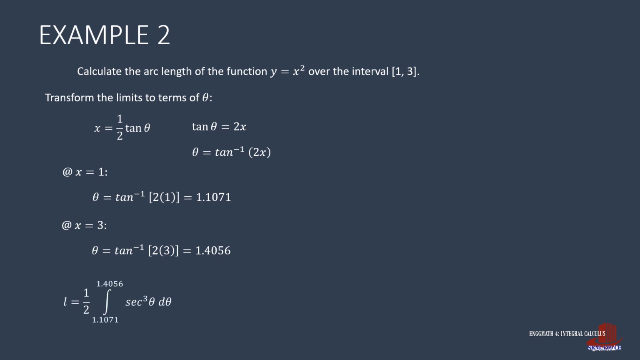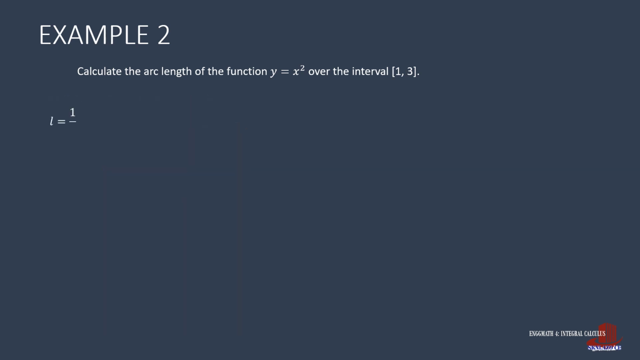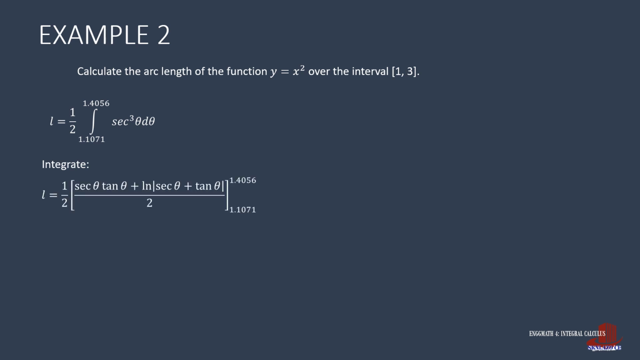The integral is then complete. L is half of the integral of secant cube theta d theta from 1.4056 to 1.1071. From the reduced function, we are ready to integrate. And again, the integral of secant cube theta is half of secant theta tangent theta plus ln of secant theta plus tangent theta. This would be quite long to read per term, so we simplify the discussion by saying that